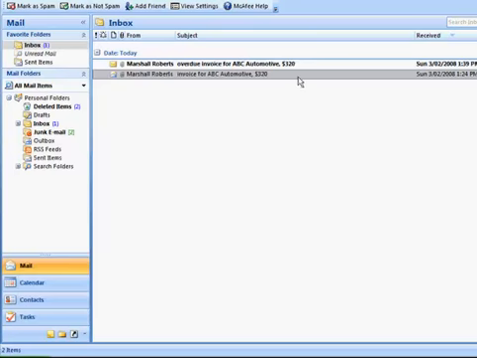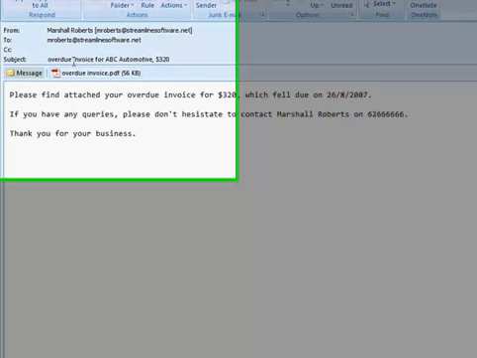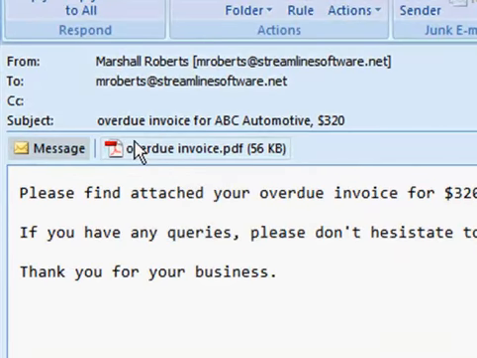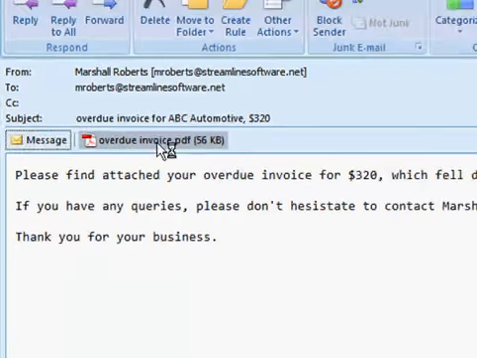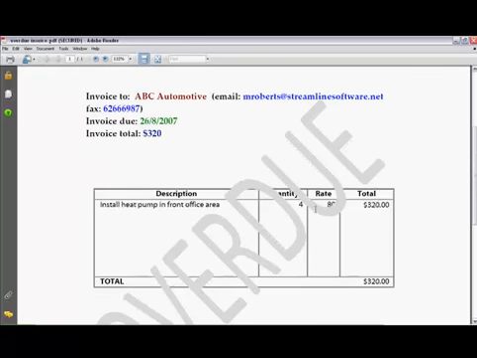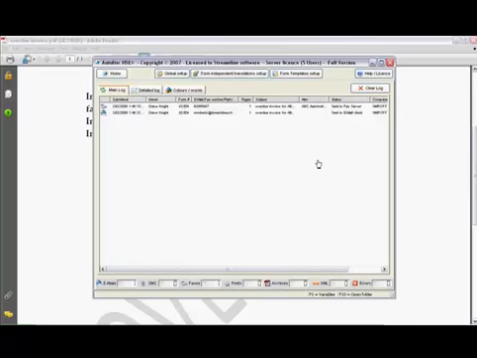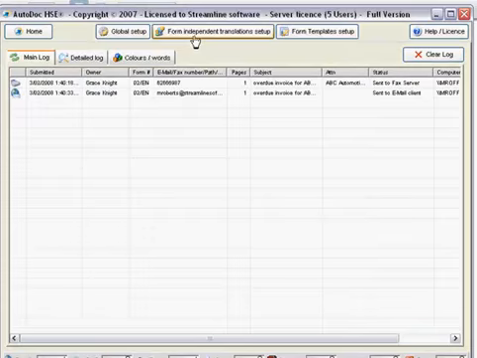Now if I open the email, you'll note that the email refers to an overdue invoice here, here, and here. And the invoice itself is now also stamped with this overdue watermark. Now all we did to achieve these differences was add the text overdue to the invoice. Now if we go back to the configuration console of AutoDoc HSE and look at the form independent translation setup,